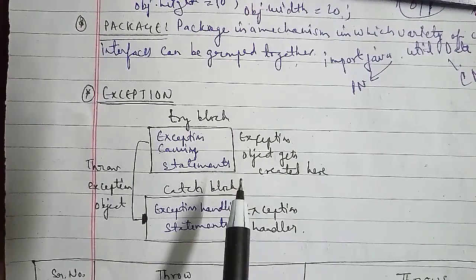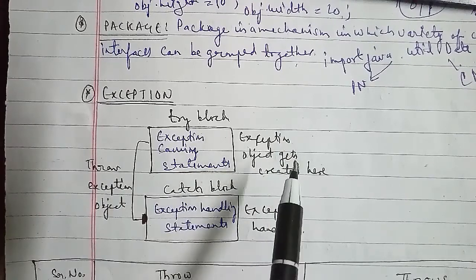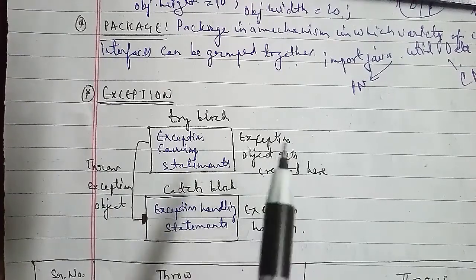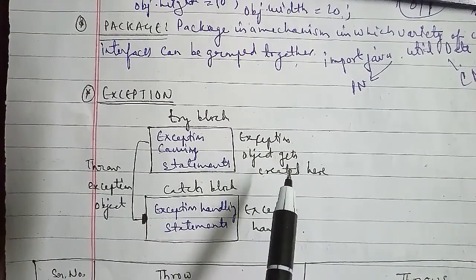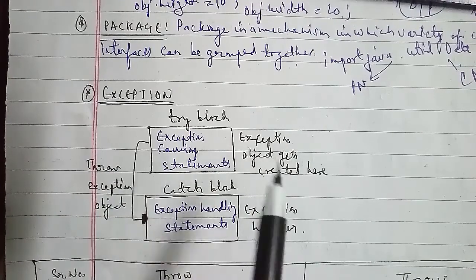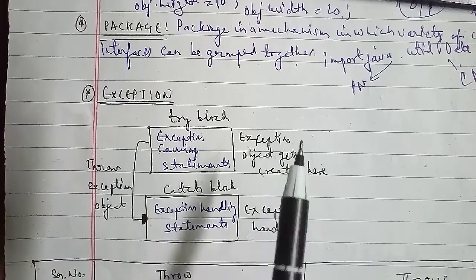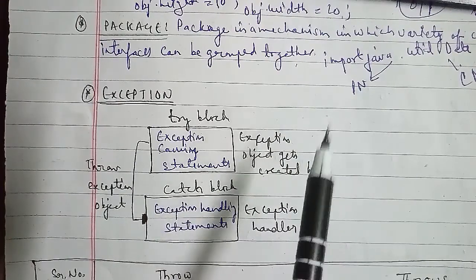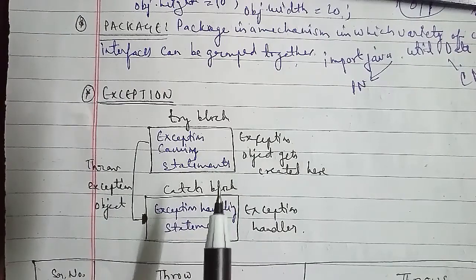In regard to it, the next question they can ask you is, what is the use of the interface in Java, as I told you. So an interface in Java is a collection of constants and abstract methods only, and following are some reasons for using the interface in Java. The first reason is that the interface contains abstract methods, hence it is used for obtaining full abstraction. The second reason is that multiple inheritance can be achieved in Java using the interface.